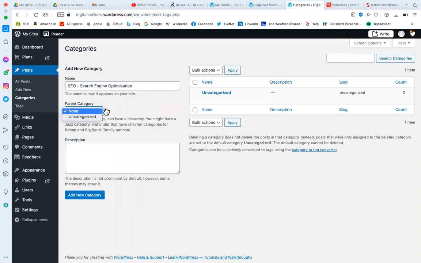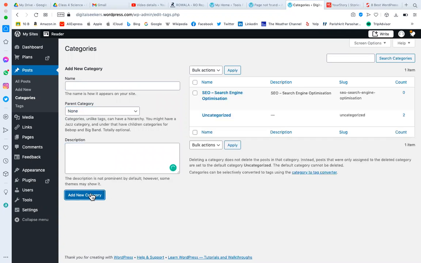If you want to make it a main category, you can keep it main. Here you can write the description for the category. You can click on add new category. So you have created one category.